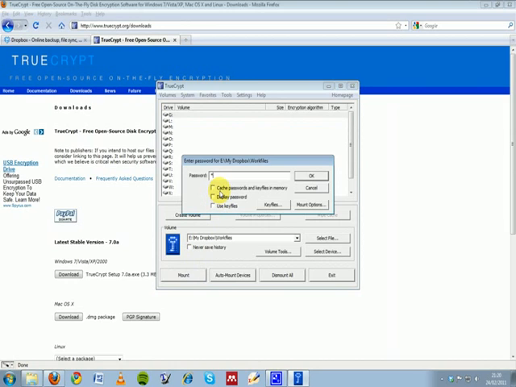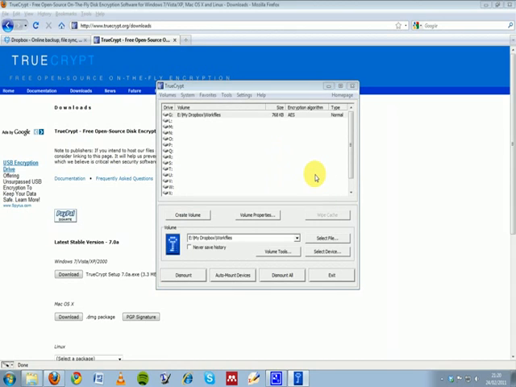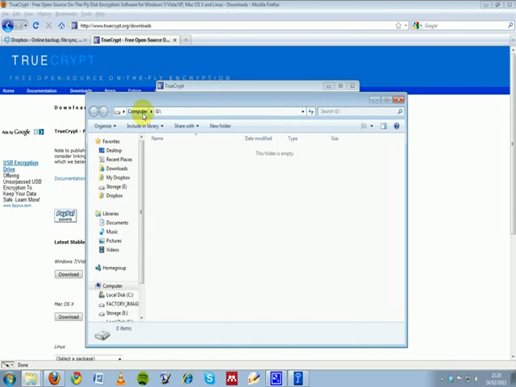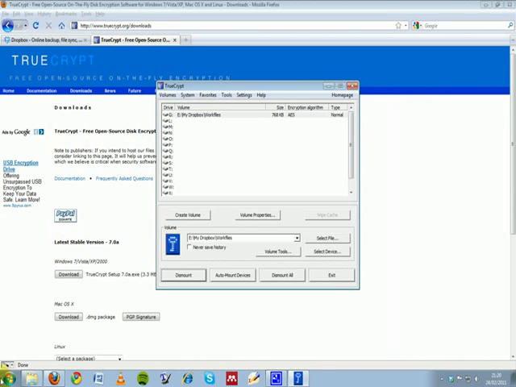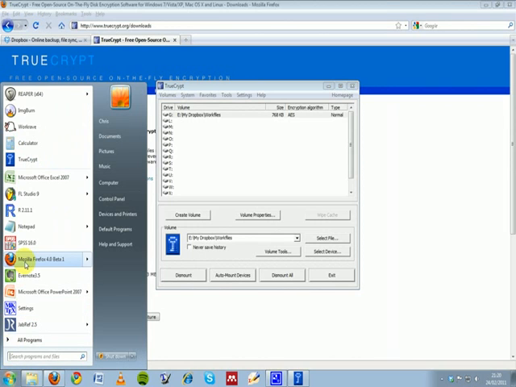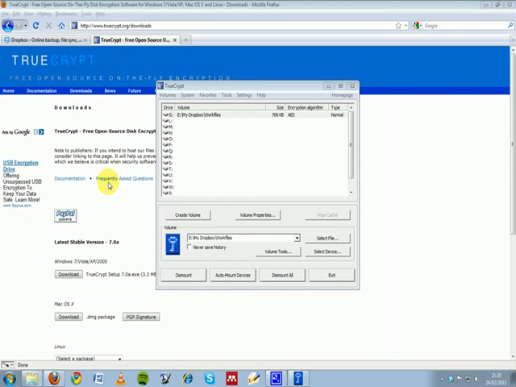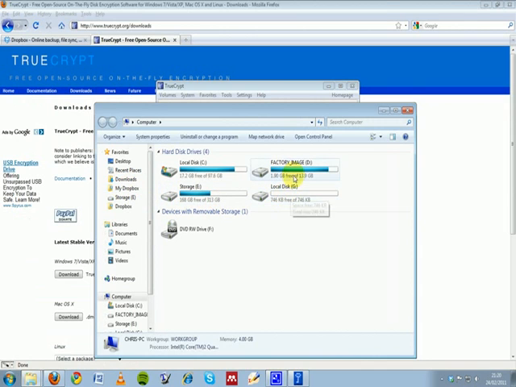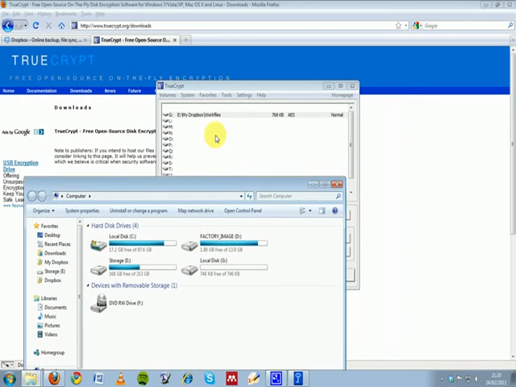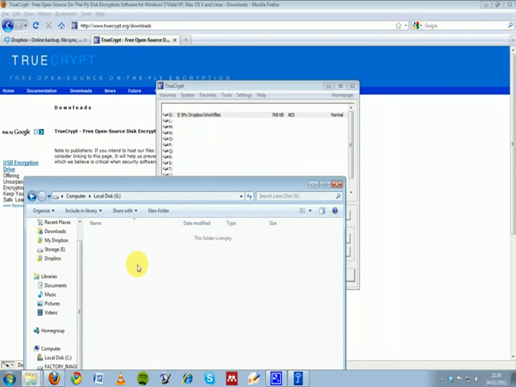Now I'm going to enter in the password and press OK. What will happen is, if I go to my computer, which is where most people look for their flash drives and other drives they've inserted, I will see a new drive here called G, which is the same place that I've mounted my encrypted folder. So I can work with this folder as if it were a flash drive. I can drop files in, I can open them straight from there, I can edit them, and then I can just press save. And then when I'm finished working, I close it,